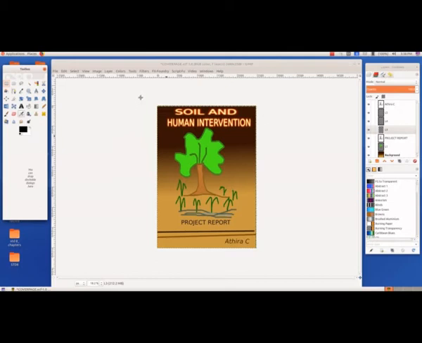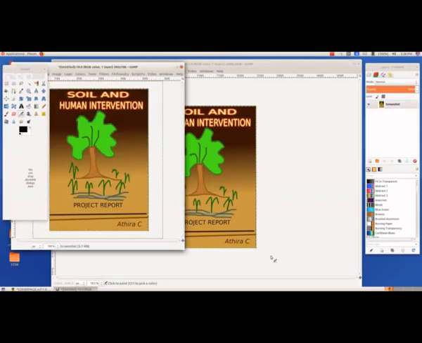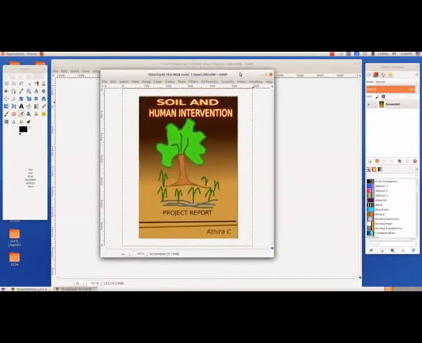and what happened now, we got a plus sign, and the area that you want to select you can drag and select. So here I need only this portion, and when I release my finger, we will get that.